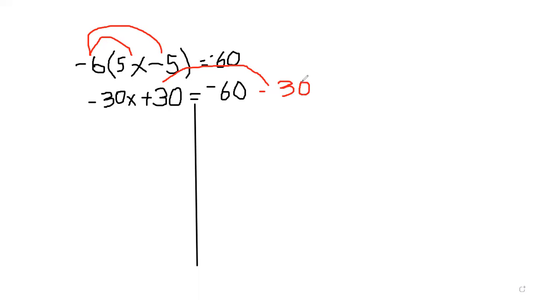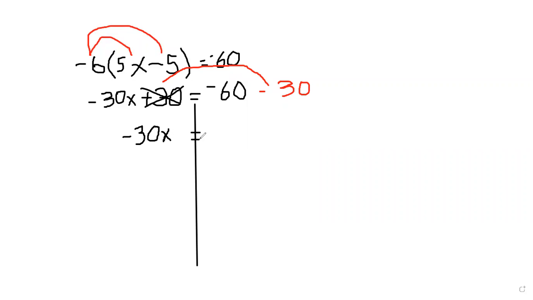I guess we'll keep it in red for a little bit. And so, boom, she's gone. And she went over here. And remember, when they jump the fence, they change signs. If it's positive on this side of the fence, it'll be negative over here. So that leaves us with